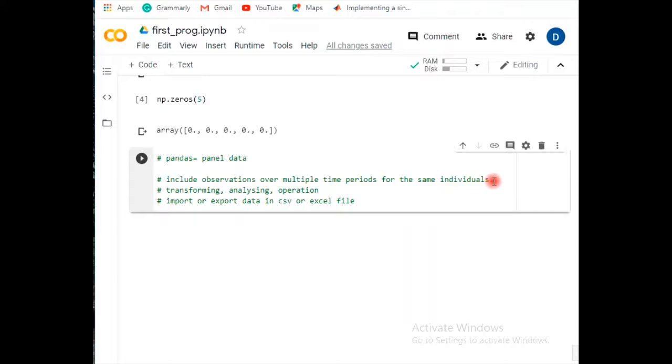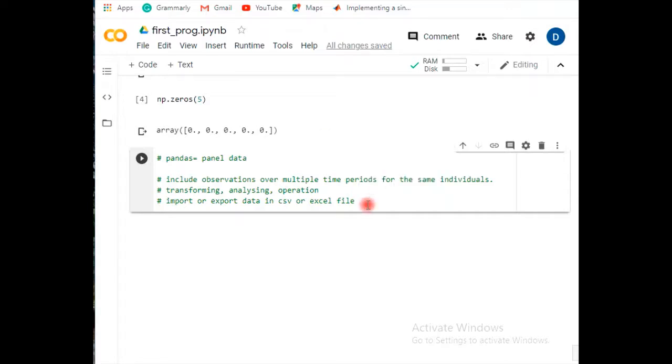That means if your data is somewhere and you want to utilize that particular data set in your programming language, pandas helps you to import and export it. Many more features are there. Let's begin with them and start.